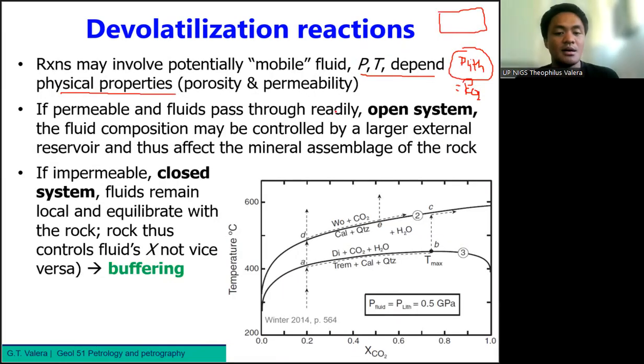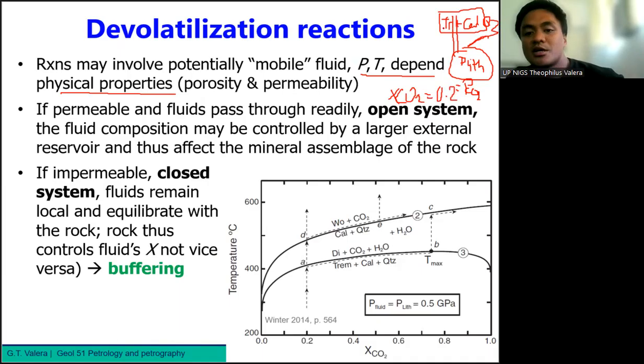Okay? So in this diagram, this curve here. If for example this is our tremolite, calcite, and quartz, the scenario is that you have fluids passing through this rock. And that fluid composition, for example, is set at 0.2, XCO2 equals 0.2. Okay? So, in an open system environment